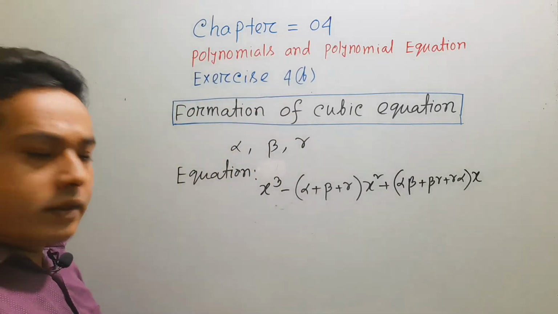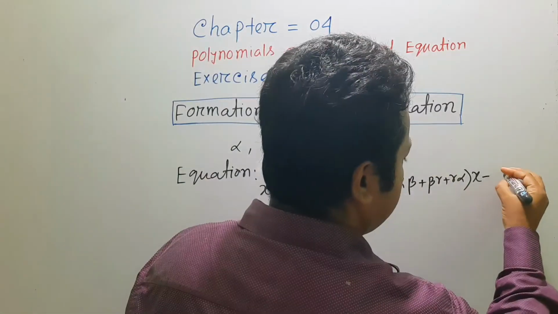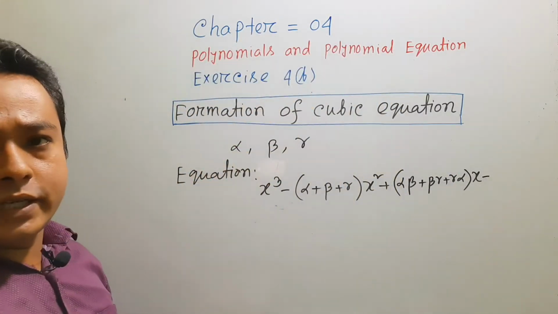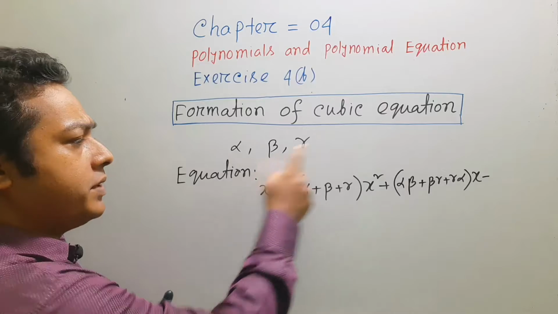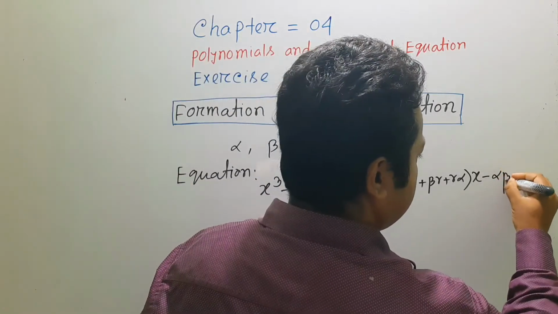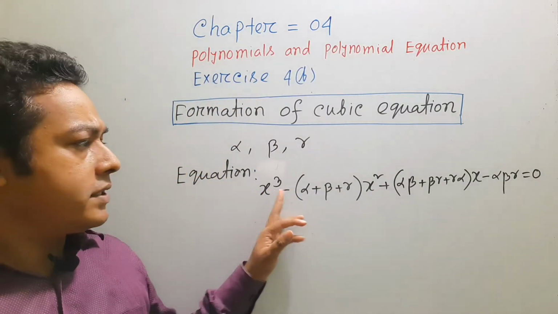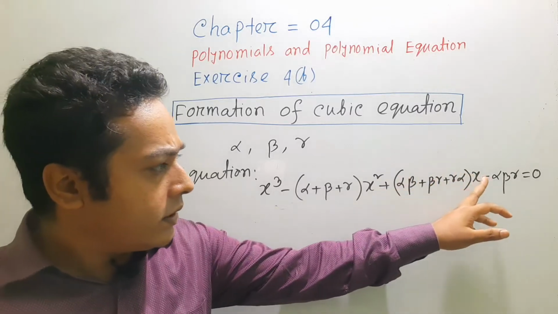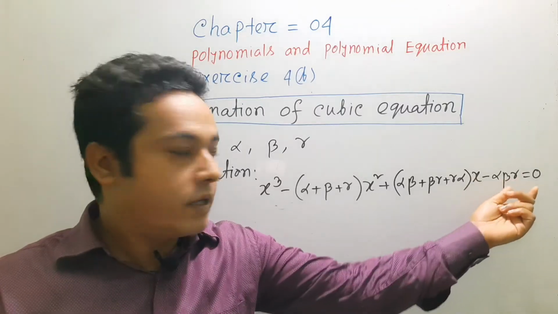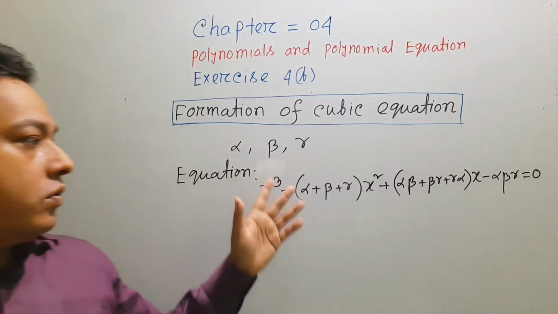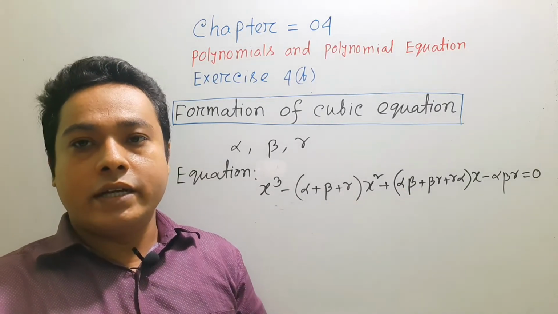into x. Then the first sign is plus, then minus, then plus, then minus. Taking roots 3, the summation of taking roots 3, which is only 1 term, alpha beta gamma, is equal to 0. The degree of the first term is 3, the second term degree is 2, then degree 1, and then degree 0. So x to the power 0 is 1, no need to write. If the 3 roots are known, then these are the rules for how you can create a cubic equation.